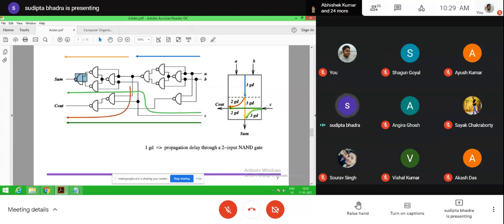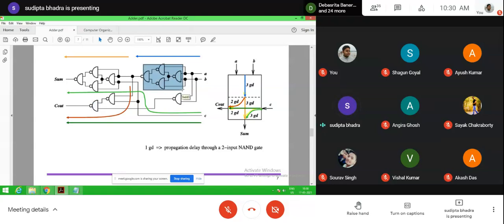Now here C, 2 NAND gates. How does it happen? Here you see the input. C propagates through this NAND gate, then this NAND gate, and we get the C out. Similarly, in case of A and B, the 3 NAND gates are for this particular NAND gate implementation of XOR.